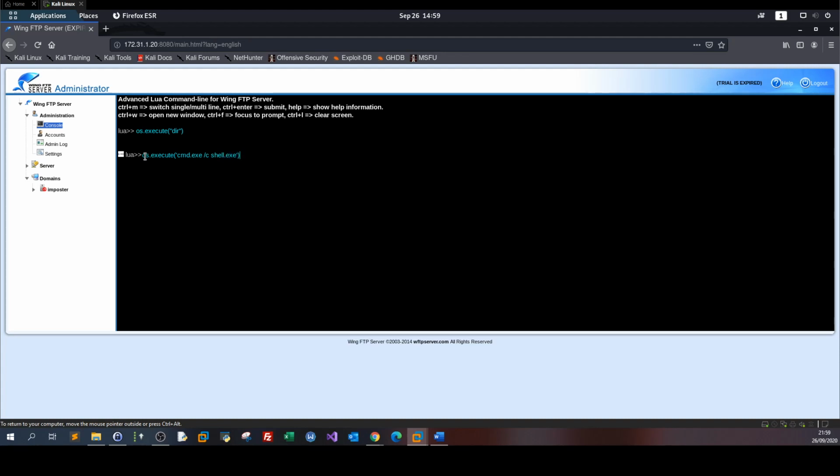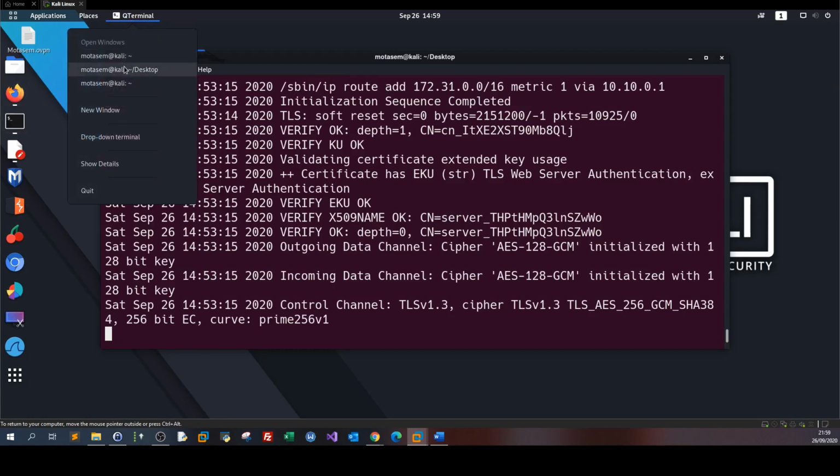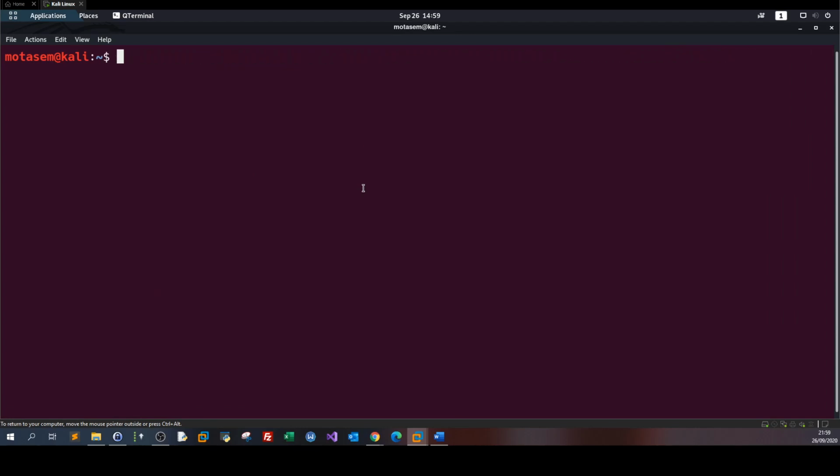and you're going to get a reverse shell. Now before executing the payload, we need to establish a listener, right? So a listener here is needed actually. And nc -lvp 4545. You run the listener and you run the payload, or you download the payload, or you execute the payload through